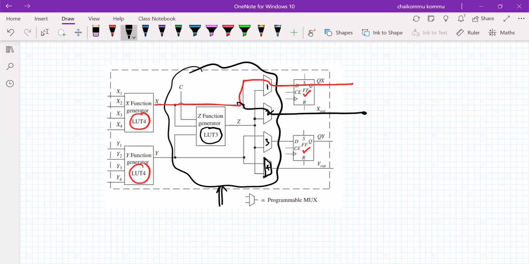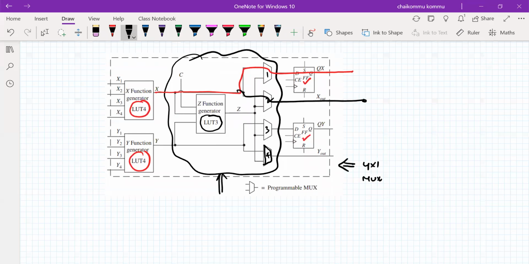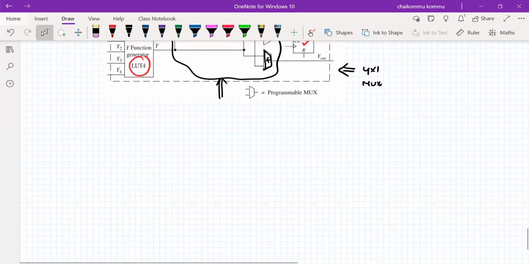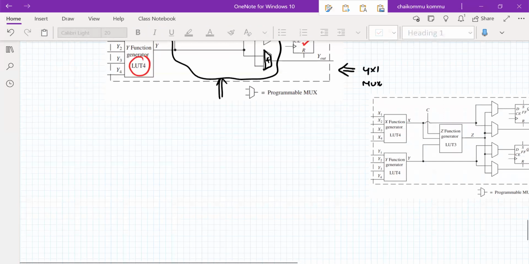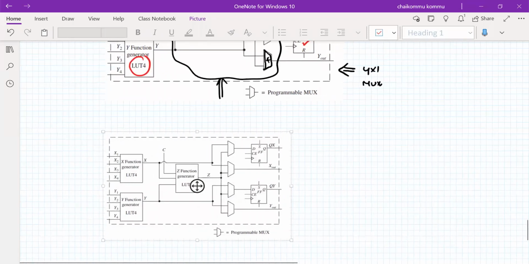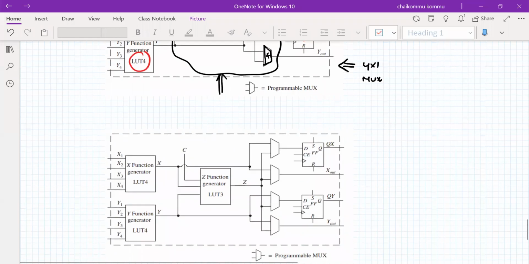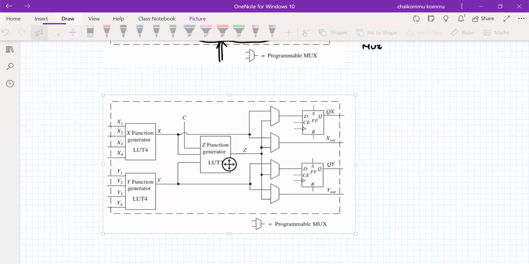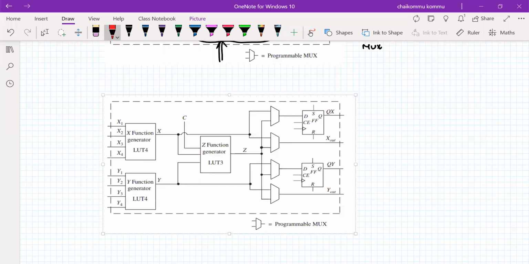So shall we implement this? Let us use this CLB for implementing a 4x1 multiplexer. What is the best way that we can do it here? It is very simple to understand and very simple to realize. Just configure or program this CLB something like this, so that it can act as a 4x1 multiplexer. I can write this here.